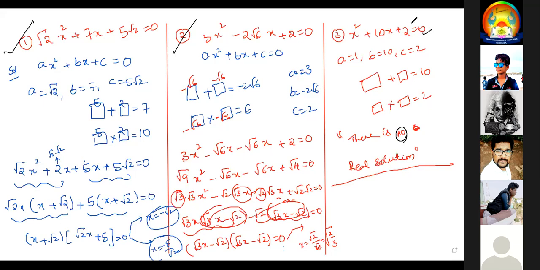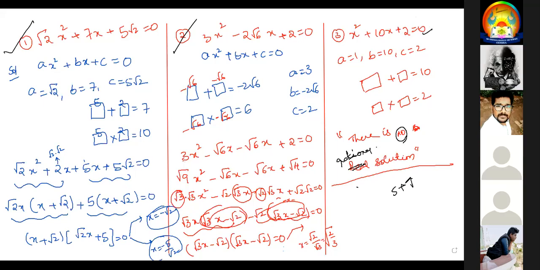Sir, now here the x value is minus 5 plus root 23 and minus 5 minus root 23. Sir, minus 5 plus or minus root 25, we can write no rational solution, not real. No, you are saying something wrong. No real solution is the only correct answer. I think I'll check it once. Why? Because when I'm calculating, it is no real solution. No need to copy. At least copy the questions and try to do it.